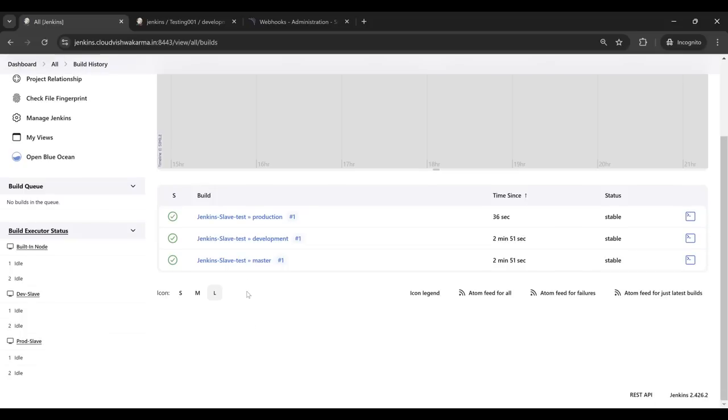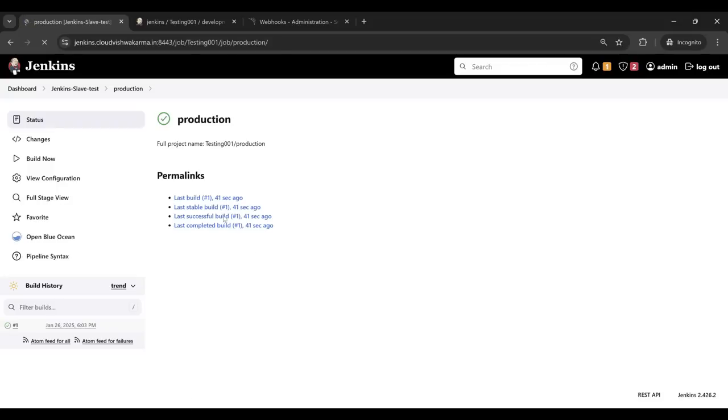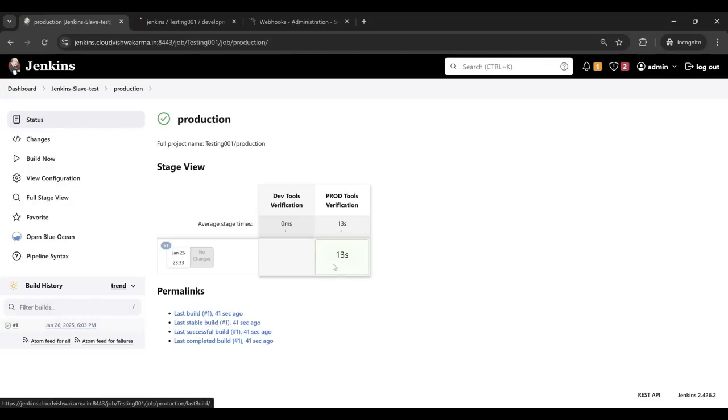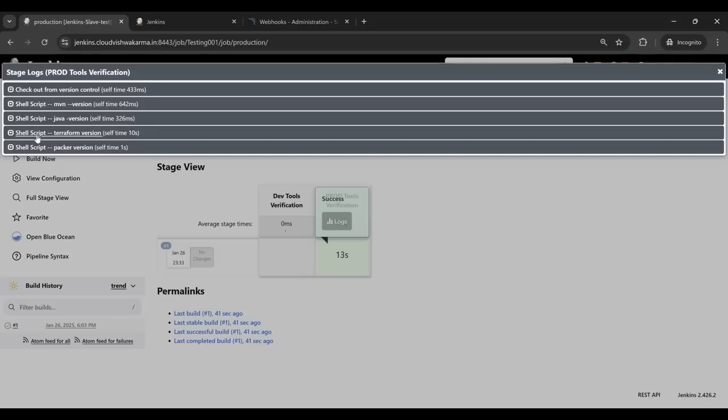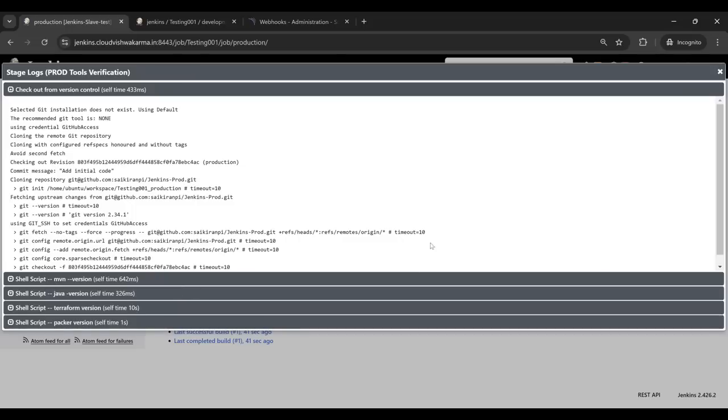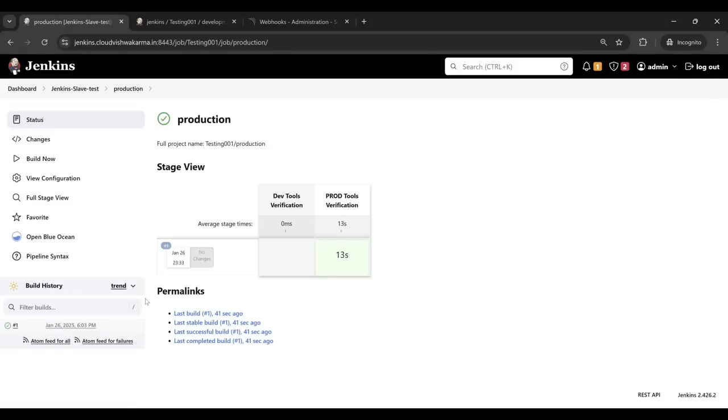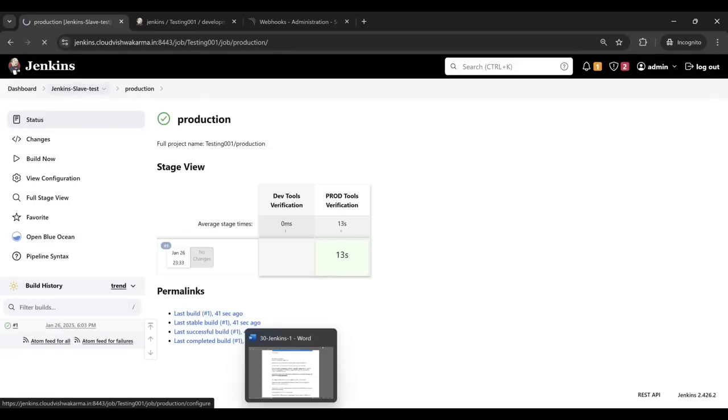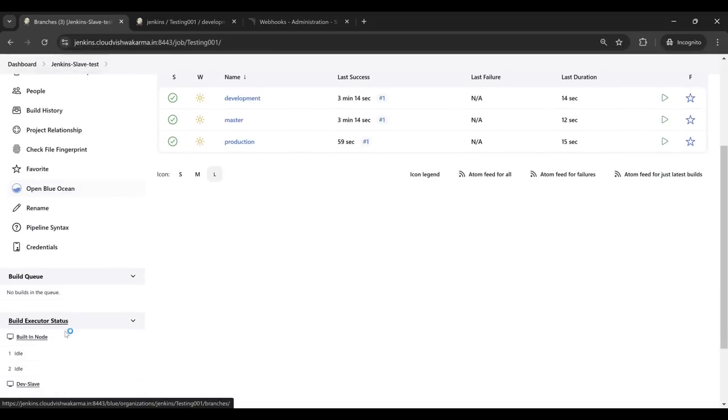Build history. Jenkins slave 1 2 3, 36 seconds. This is the recent one, and this job is also successful. See here, go to the logs. Maven version, Java version, Terraform version, Packer version, everything was successful. All right, so this is what I wanted to show you guys, and let's do one more change on the